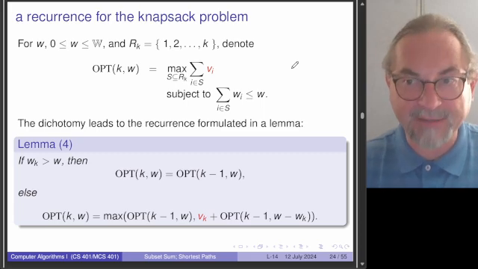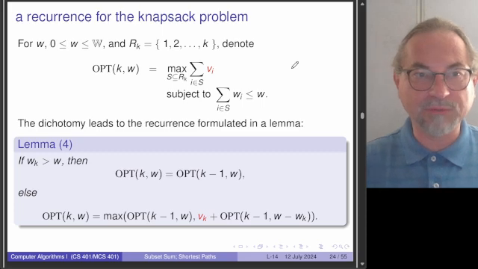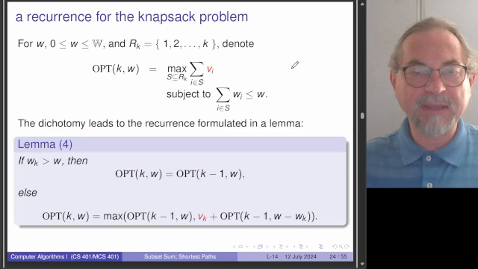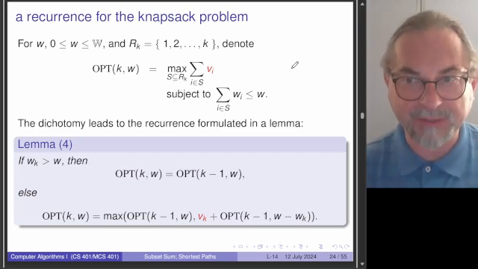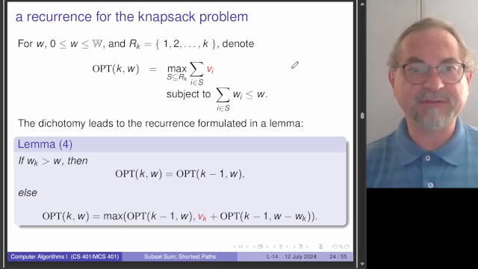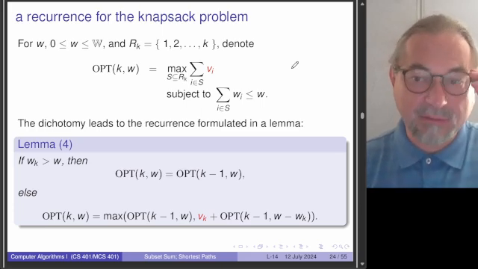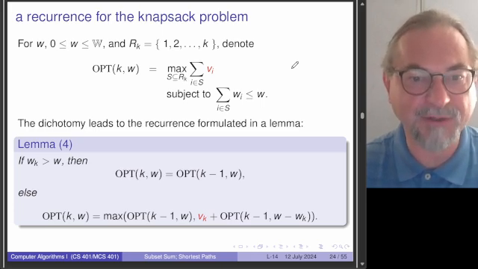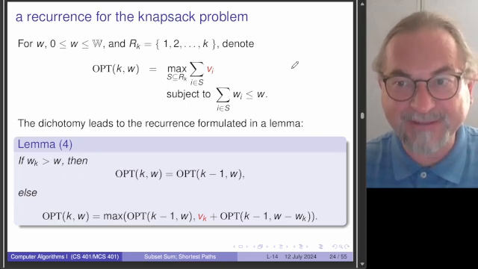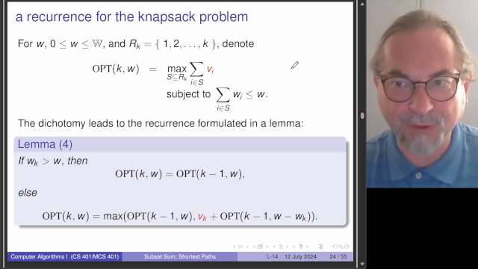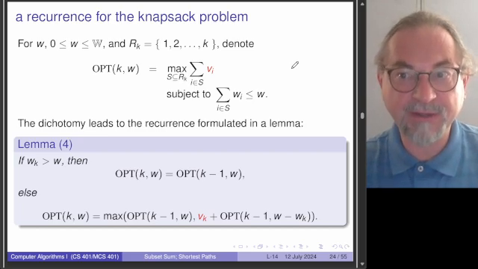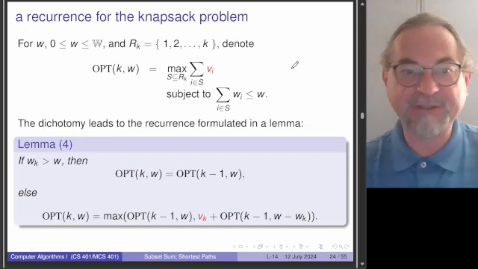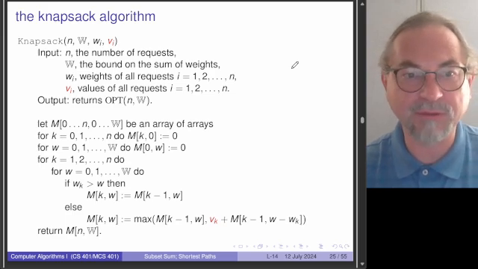We again have discretized our problem. So the weights that we consider will range from 0 to the big W bound. And we consider the subproblems, which are subsets of all the requests of n requests, so n weights, n values. Then with the if-else, we prepare the statement in our algorithm. We have not proven the correctness of the algorithm, but this follows again from the correctness of the lemma, which then led to a recursive algorithm, which we memoized,